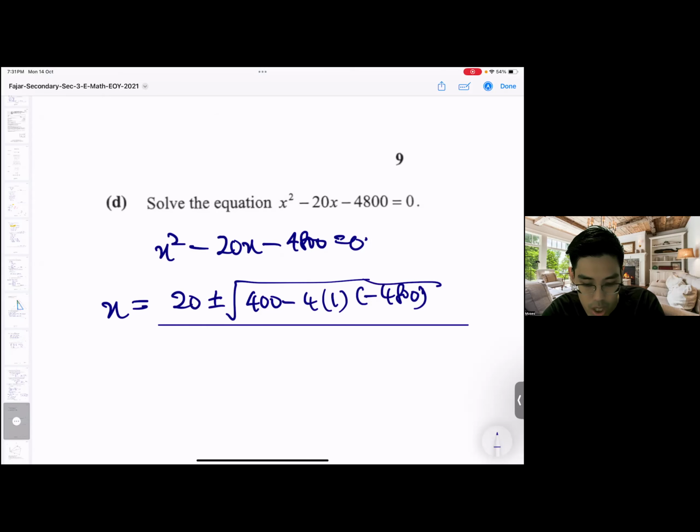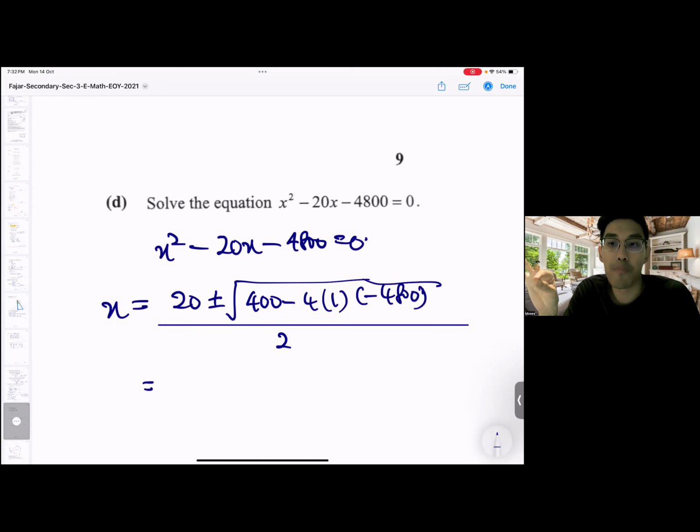over 2. Notice how I write my working here. I do not rush to go and solve for the discriminant. I write down all the things in the square root properly by inputting the correct values and the correct signs for A, B, and C. Then from there, you will be very clear that what you are doing will exactly be correct. No need to rush to solve for b squared minus 4ac. You can always do that later.